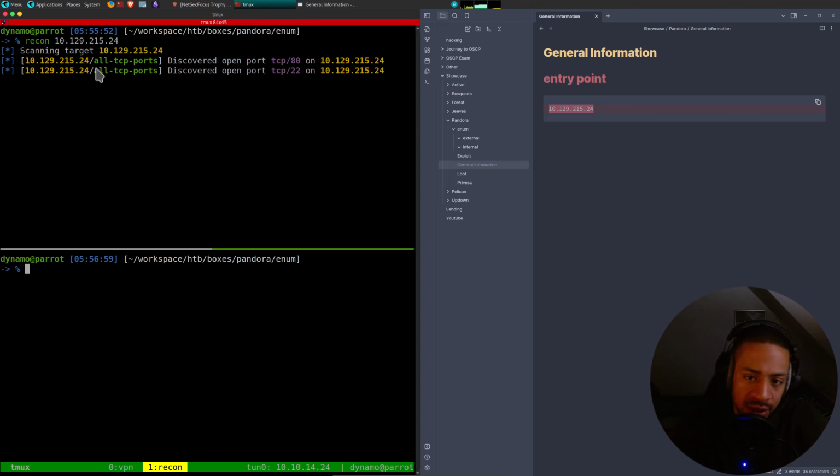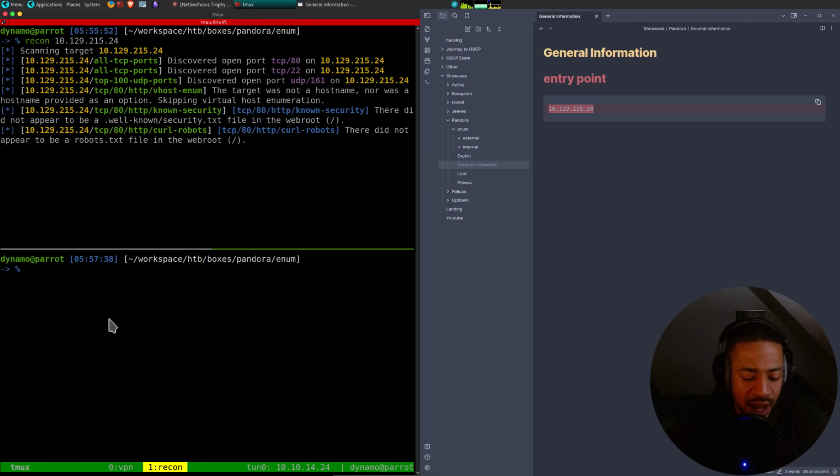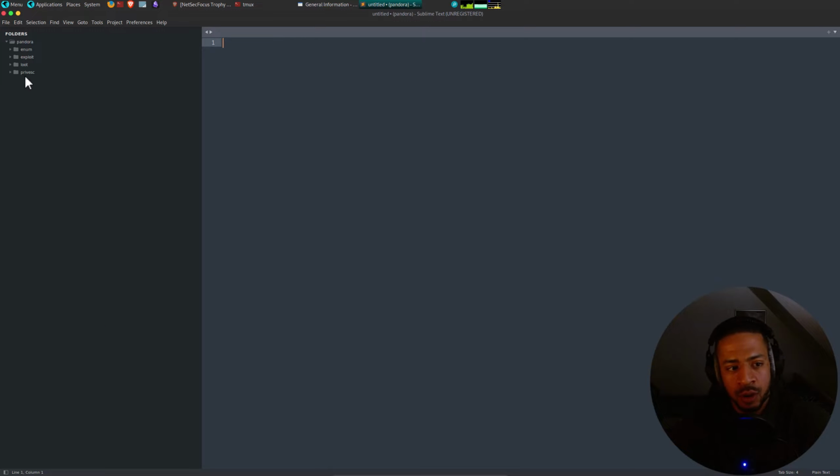There was one comment asking how I open each file automatically like that in Sublime, so I just wanted to quickly clear it up. I always have Sublime Text open on the root folder of the box that I'm currently working on, and when I open it I can see all of the folders, and whenever I open anything inside of here, you can see the results already.